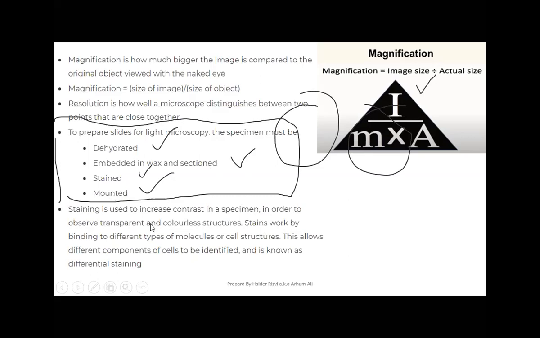In order to observe the transparent and colorless structures, obviously stains work by binding to different types of molecules or cell structures. This allows different components of cells to be identified and is known as differential staining. Differential staining क्या है? Differential staining में different parts, different components of the cell identify हो